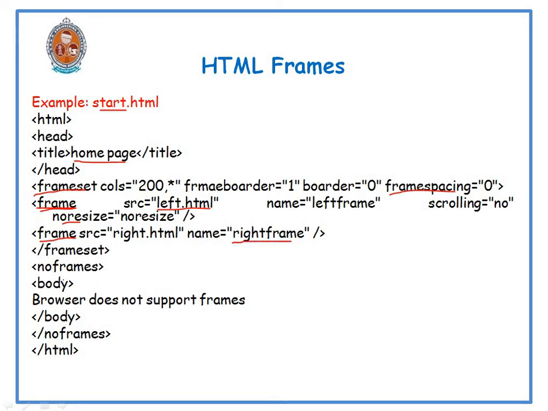After that we have written the noframes tag. The job of the noframes tag is, if our browser does not support the frames concept, the users come to know that by using this tag. Inside the noframes we can write the body tag, and inside the body tag we have written "browser does not support frames". By using this text, we can know that our browser doesn't support frames. This can be done by using the noframes tag. It is a paired tag, it contains both starting one and ending one.